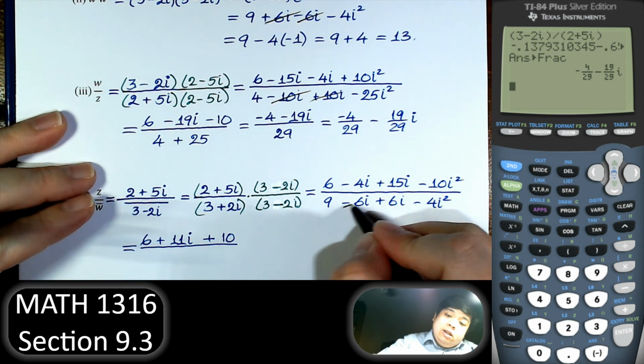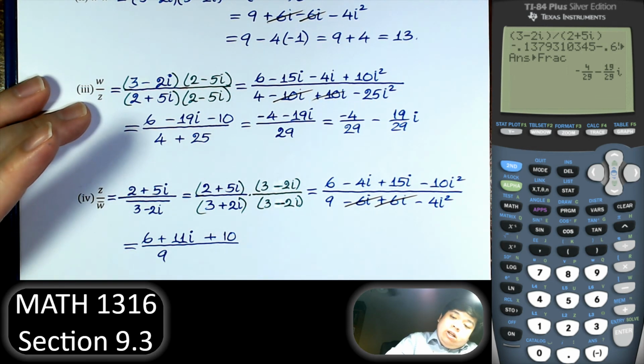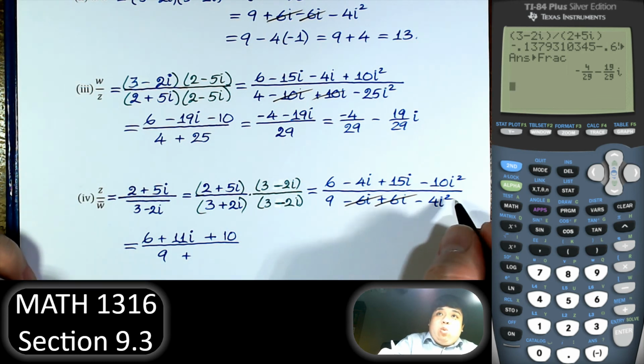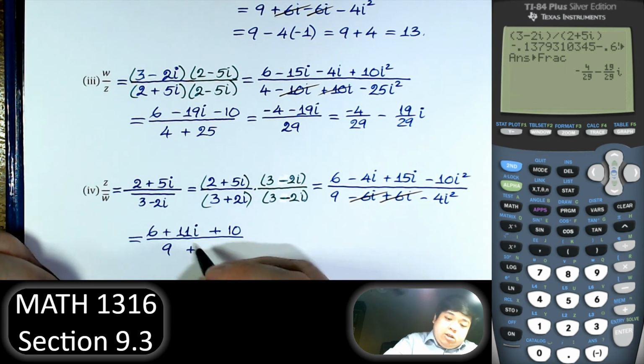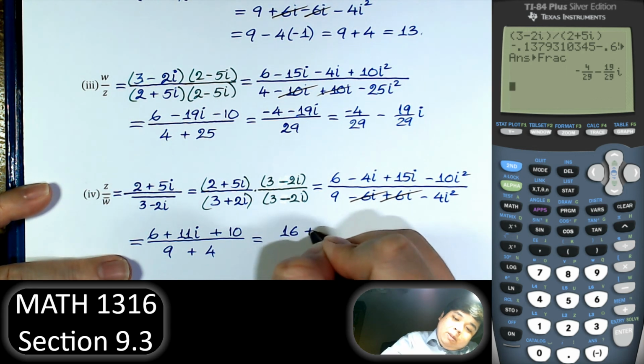As always, the middle terms cancel when we multiply by the conjugate. 9 minus 4i squared, i squared is negative 1, so that is 9 plus 4. So we have 16 plus 11i